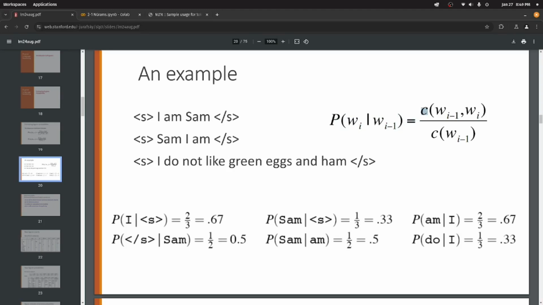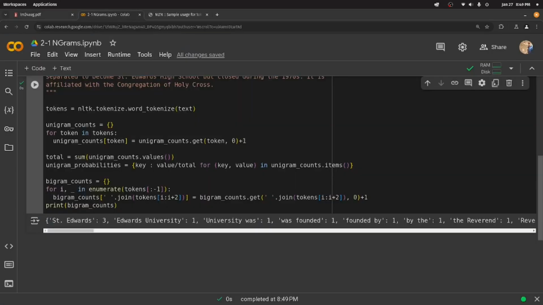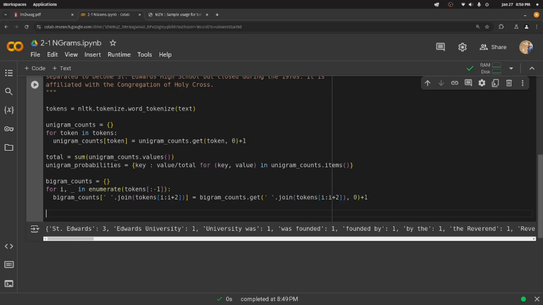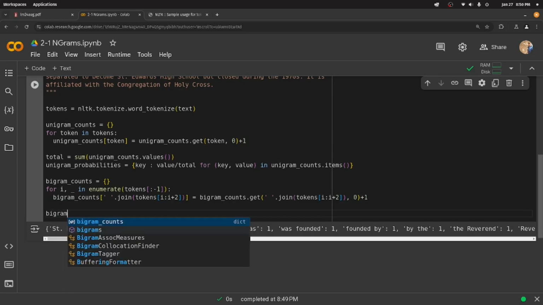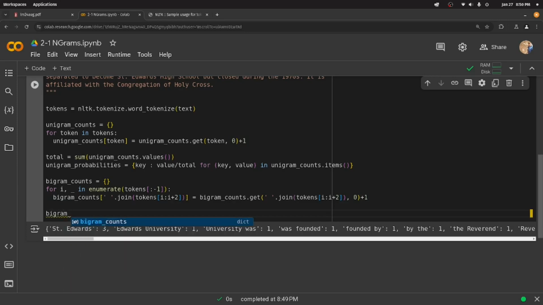It's just the count of the 2 appearing together divided by the count of the first word appearing, right? So this is why we needed all of our bigrams. So let's see. Oh, sorry, this is why we needed all of our unigrams. Probabilities. Let's create ourselves a new